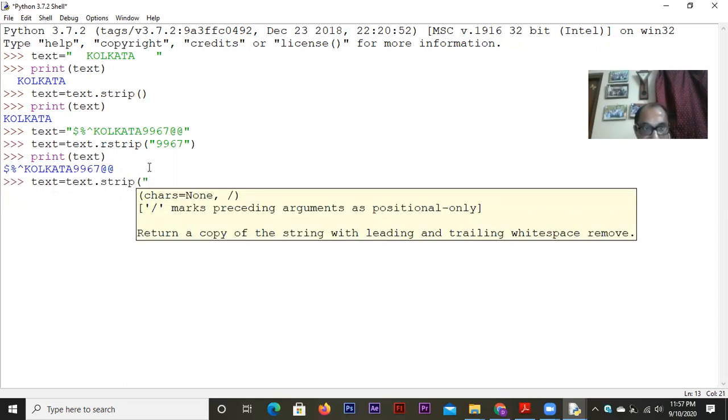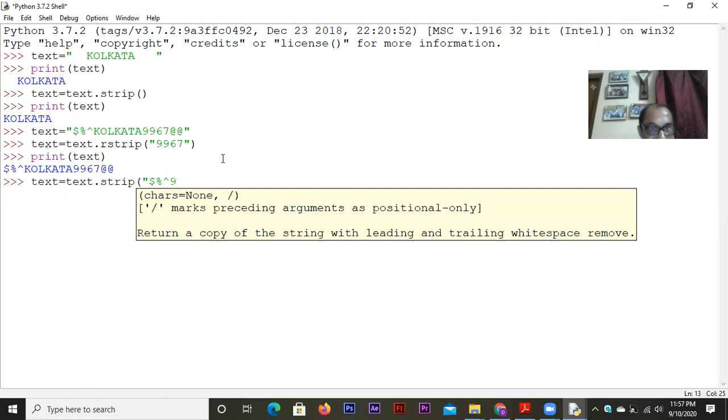I wrote all the characters except the word Kolkata. I wrote everything, 9967 at the rate, all the characters. And that's the reason it did not work in the first place.